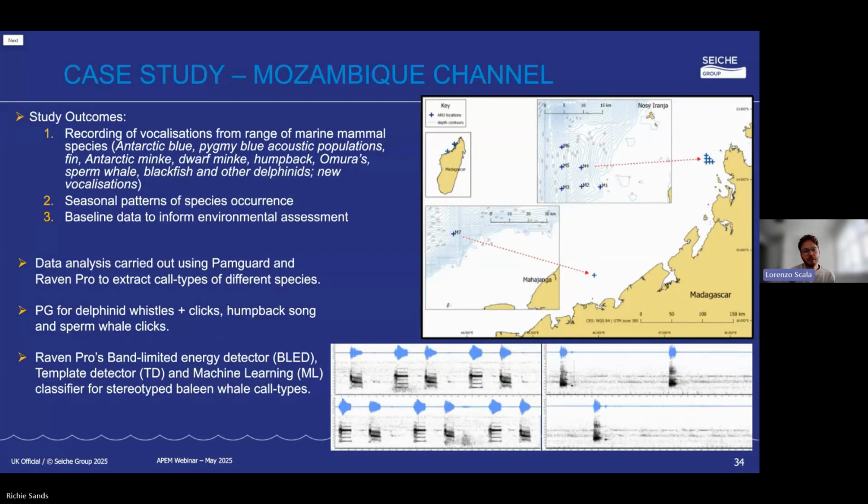So just as a couple of examples, in a recent study we have done in the Mozambique Channel off northwest Madagascar, we deployed an array of these subsurface moorings, and we were able to collect lots of data on baleen whales, particularly in this area. Lots of different types of localizations. We were able to inform this seasonal occurrence through this migratory channel, and this enabled us to inform environmental assessment